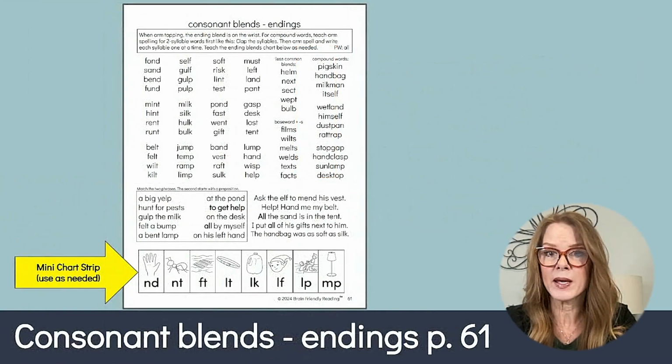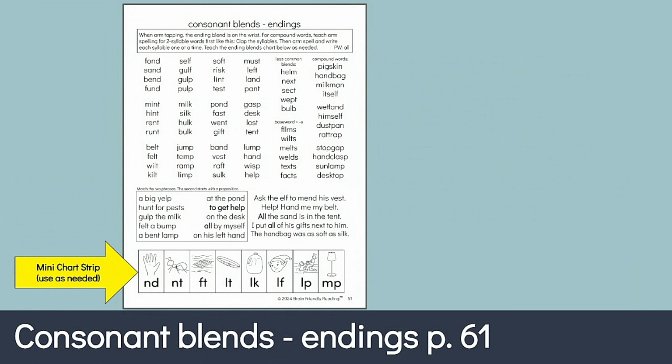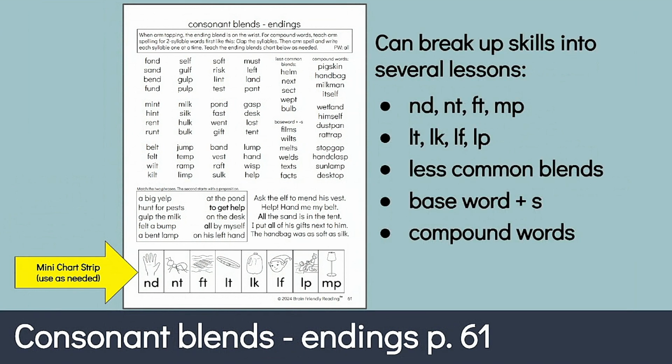The next blends page focuses on ending blends. Here you have a mini tapping chart at the bottom of the page with the most common ending blends. Students can tap the strip for initial instruction of the skill and then use it if they need it as a scaffold. Some children won't need it. Again, you would typically teach all of the common ending blends together. But for students who require more support, you could break up the skills into groups like the ones listed here